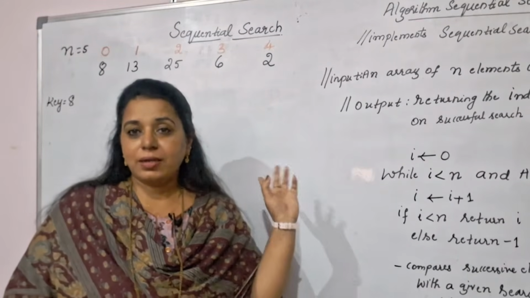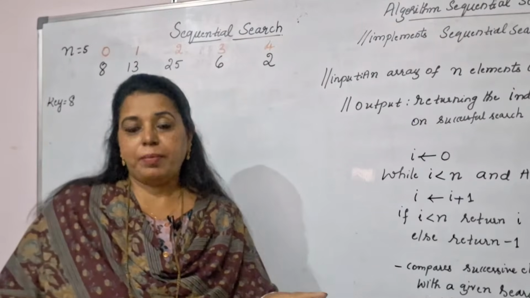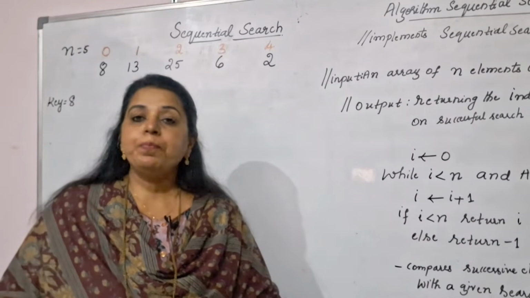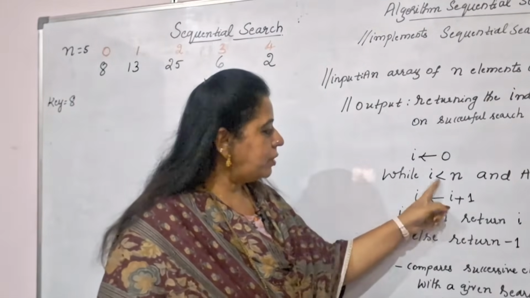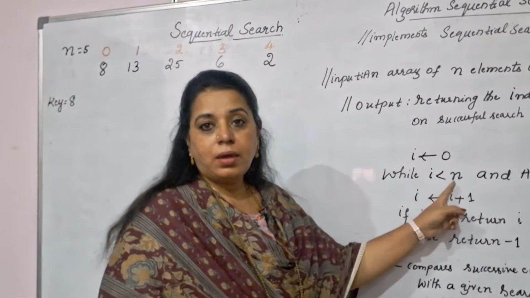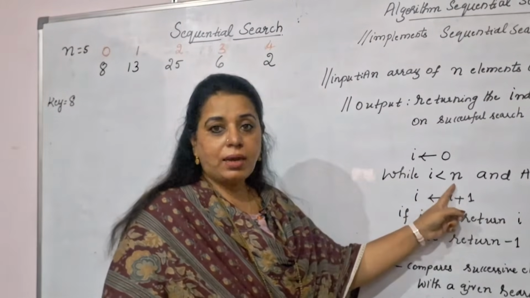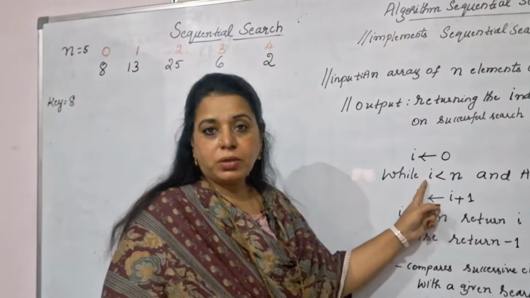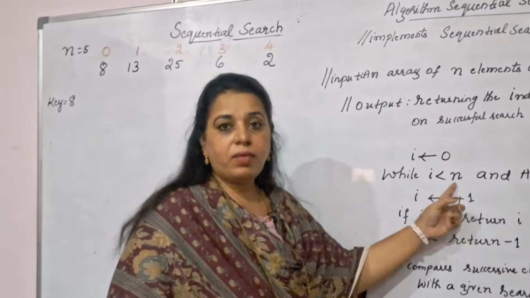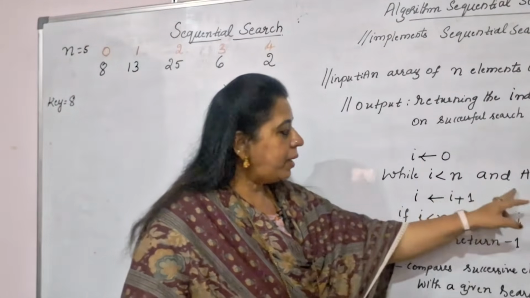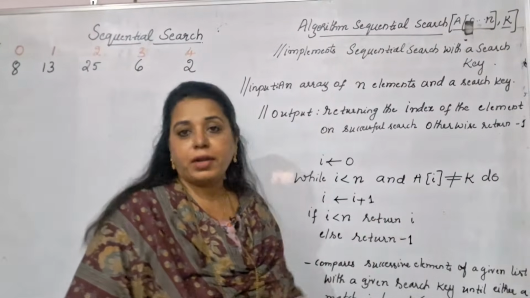So here in this example, the very first element present in the array matches with the key element. Suppose you try to trace this algorithm, you start with i equal to 0. Check here one more thing in the while loop. What is the n value? n is 5, because you are presently in the first location of the list. Whether 0 is less than 5, yes, this is true. And check the other condition in the while loop. What is mentioned here? A of i not equal to k.